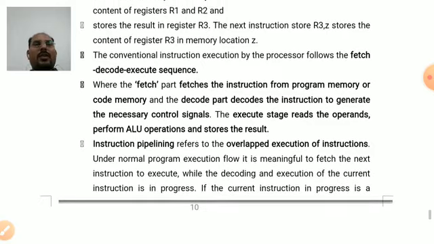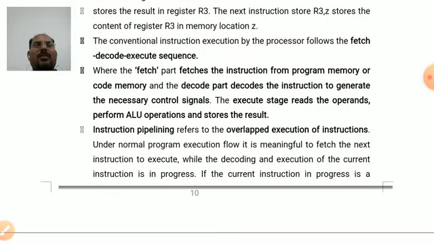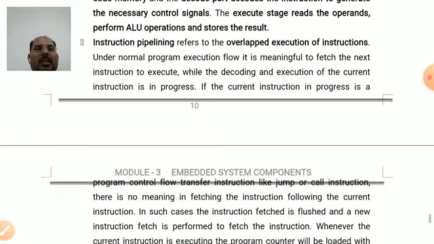See, if we are doing two things at a time, then we call it pipelining. For example, when we are executing the first instruction, if we are fetching the next instruction, it means two things we are doing at a time. Or else when we are executing one thing and decoding the other thing, that is also two things we are doing at a single time.